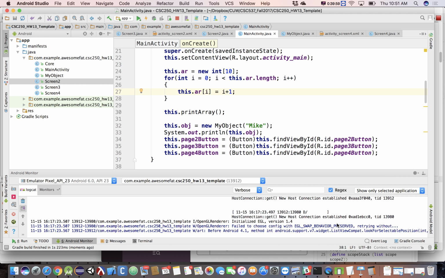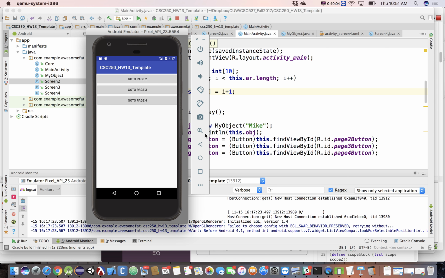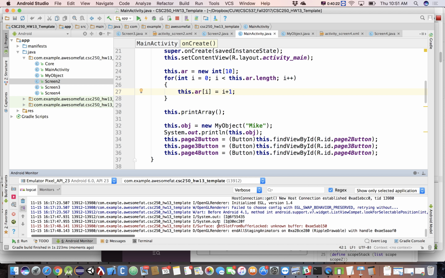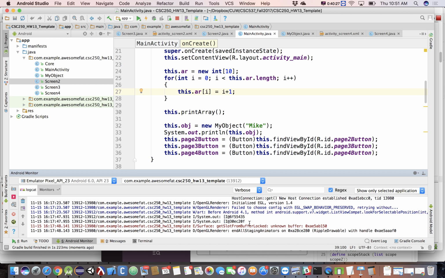All right, so now this guy should cook. And we should have our 1 through 10 printed out here. There's our 1 through 10. We'll go in here, we'll go to page 2, and when I go to page 2, it's going to print out the memory address of this.ar. Then it's going to arrive at page 2, get my ar and print out the memory address of that dude. And I suspect they're going to be different memory addresses. And they are. So passing them by value,